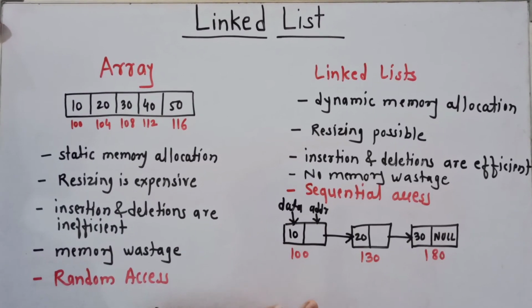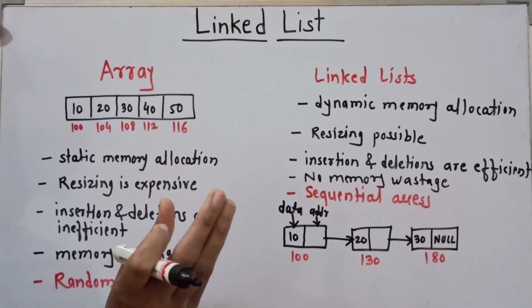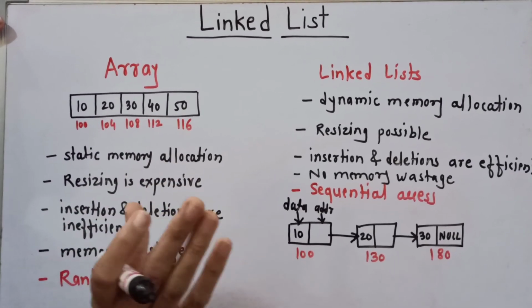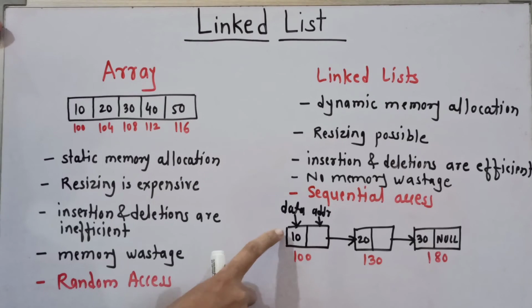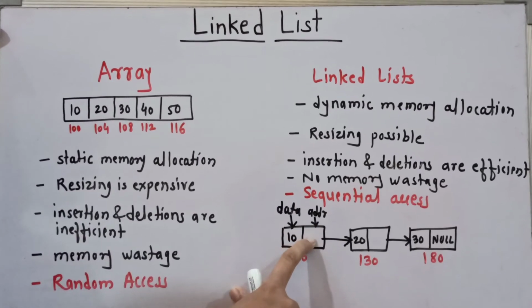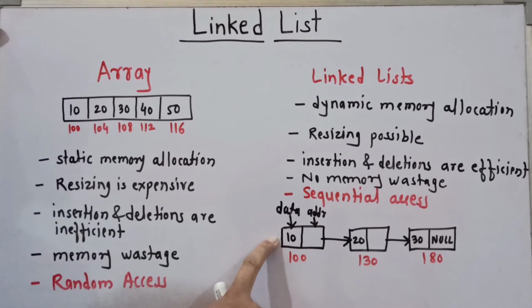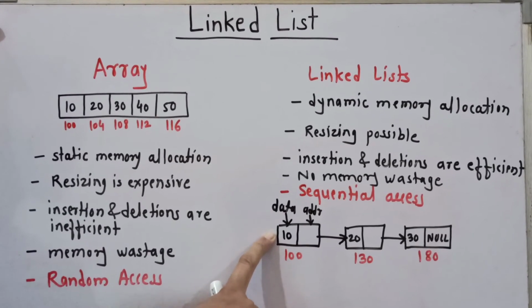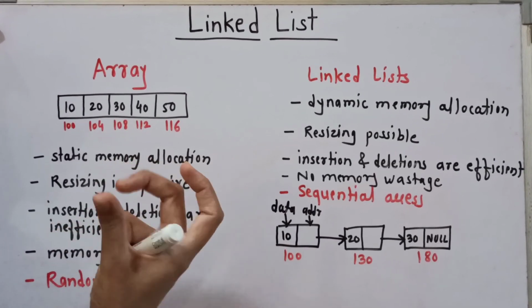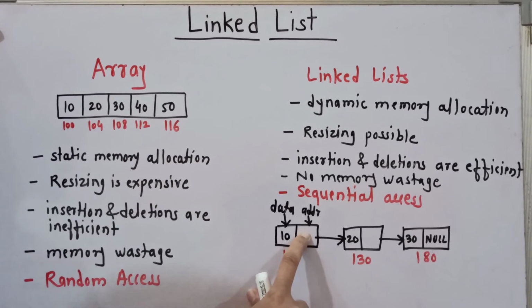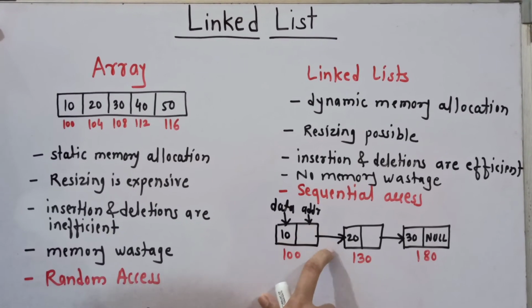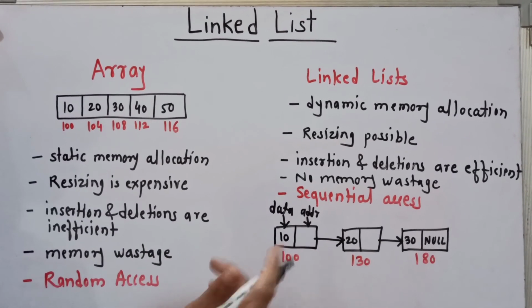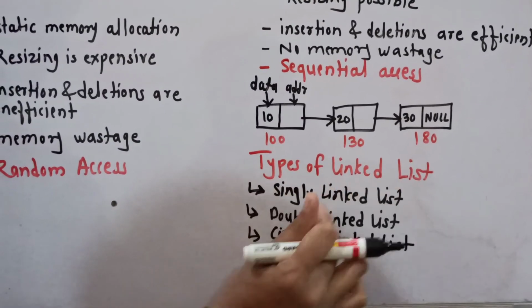What we have to remember here is that a linked list is a list or collection of nodes, where each node contains a minimum of 2 parts: the data part and the address part. In the data part, we can store any type of data: integer data, character data, string data, or we can combine different data fields together. And the address field, or pointer field, contains the address of the next node present in the linked list.